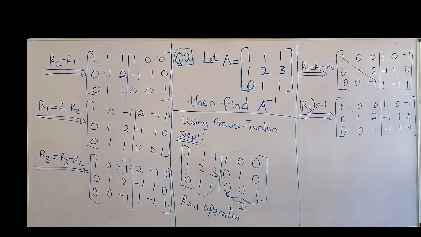So that's the only thing that happened in the third row. I just multiplied by minus 1. Why? I want to make sure that the leading diagonal is positive, true to the identity matrix. So in that case, the only place that needs to be 0 is this place. This place needs to be 0 to follow the form of the identity matrix.